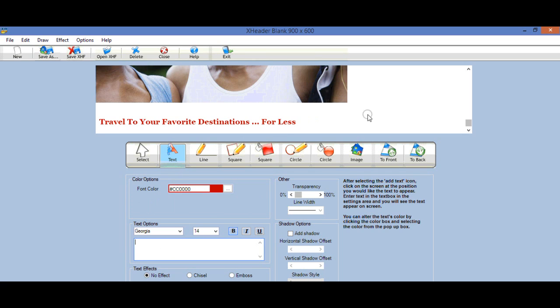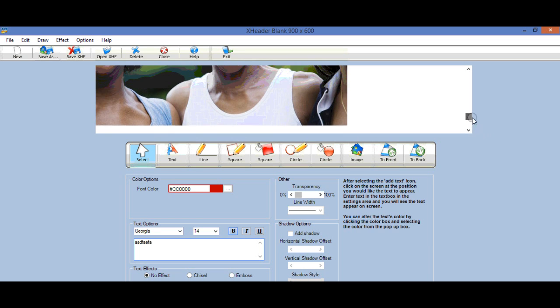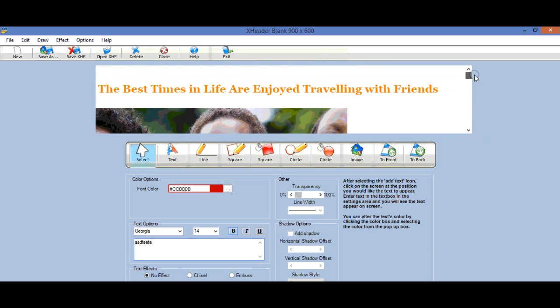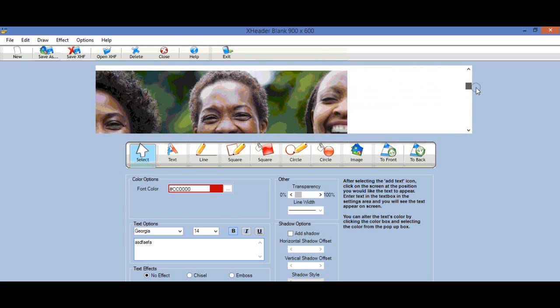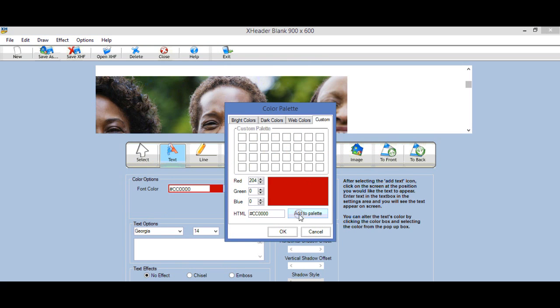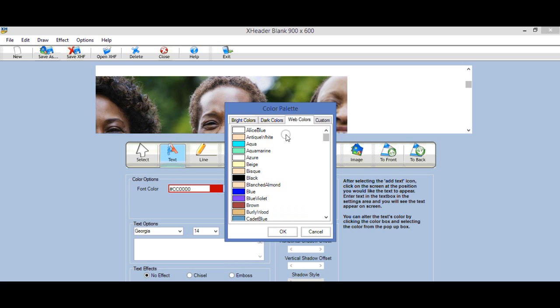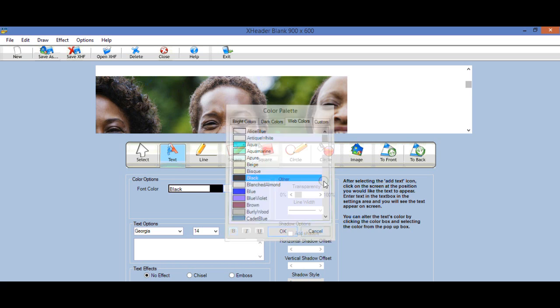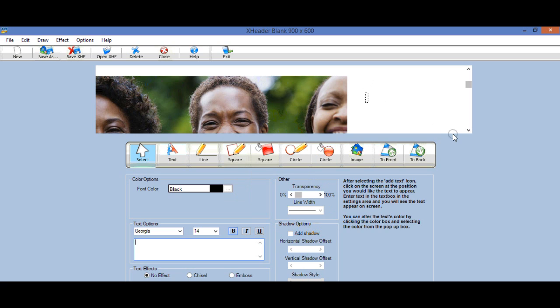And I'm going to put the text right over here. So I don't know what that's going to be yet, so I'm going to put that just there as a placeholder. I want to come up here though, and I want to say something about the live stream webcast. So I'm going to add text, and we're going to make that black. So web colors, black, okay, right here. I'm going to put,